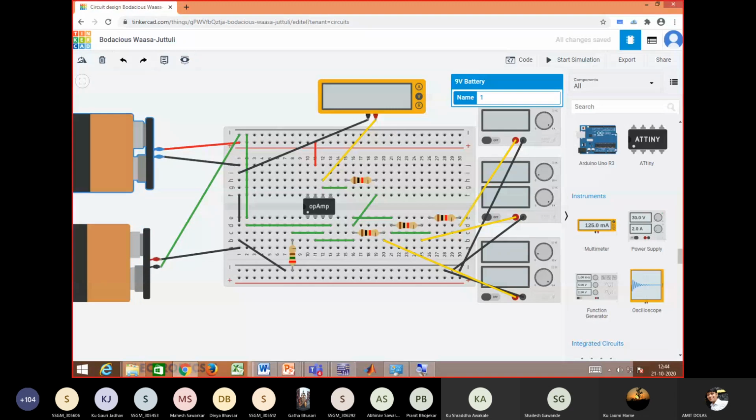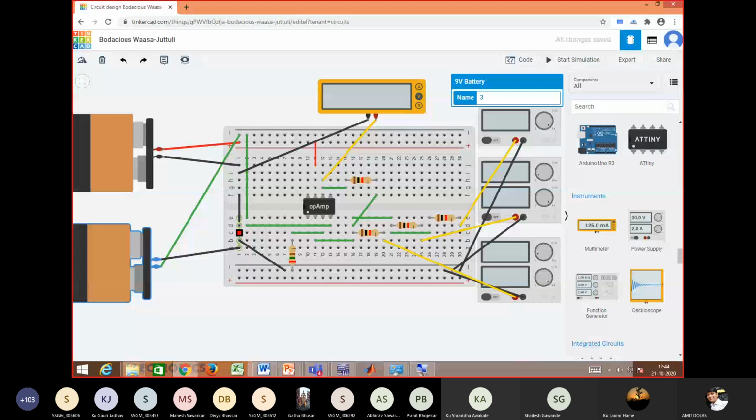I have two 9 volt batteries, used in such a fashion that it will generate positive 9 volt and negative 9 volt, and the remaining terminals are made ground. One terminal is positive and another is negative, combined together, so it will work as ground. I have used three resistances R1, R2 and R3 connected to pin number 2 here, and we have connected V1, V2 and V3 to R1, R2 and R3 respectively. I connected one feedback resistance between pin number 6 and pin number 2.